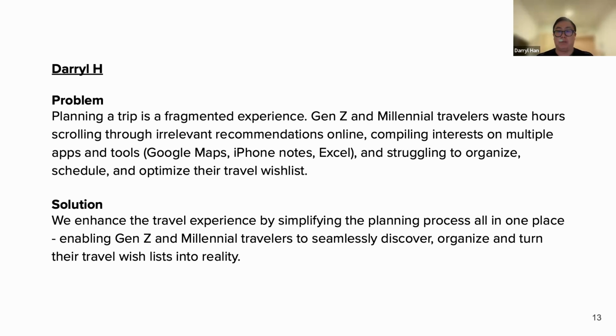Our solution easily allows them to discover, organize, and then plan out an itinerary based on their scheduling needs, all in one place. So almost think of it like Pinterest, a Pinterest-style visual discovery with aggregated content from TikTok, Instagram, and whatnot, put together in a Google Maps-style listing, or like a pin board, whatever you want to call it. And then AI helps them auto-generate an itinerary based on the scheduling needs. So that's the problem and solution we're looking at. Okay.